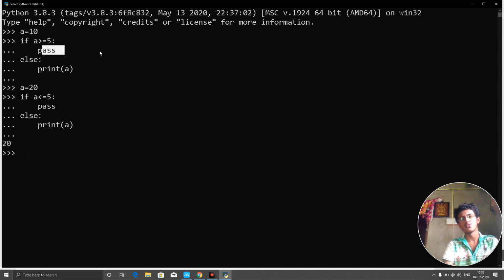So we can just make use of this pass statement. Syntactically it tells the program that something is there, but when we consider its output, it will not give us any output, or make any harm to our program. It will just pass our program from this block to the next block.